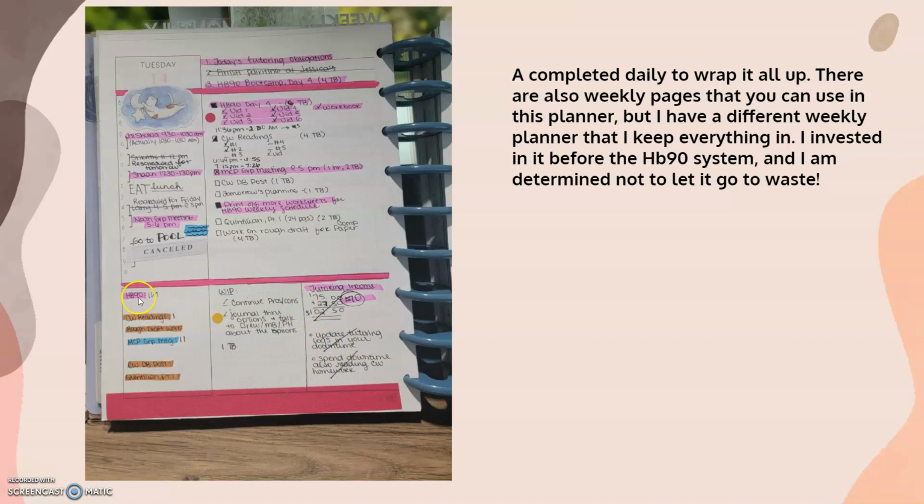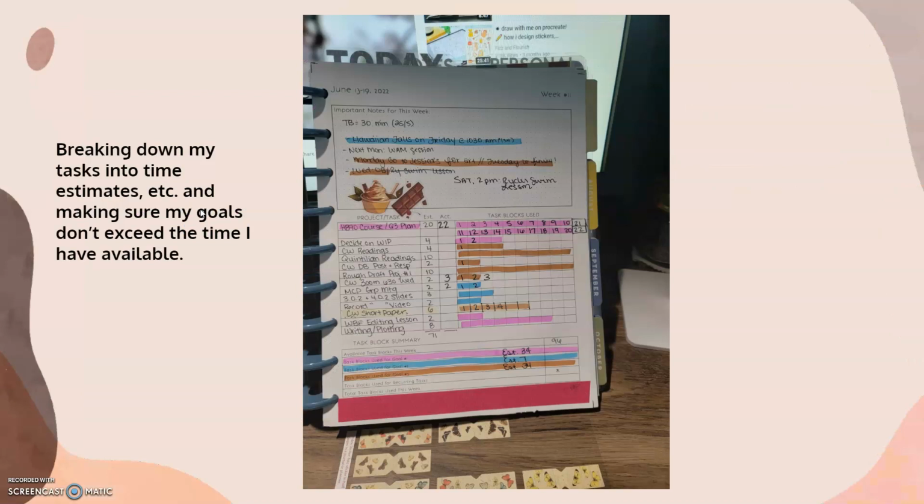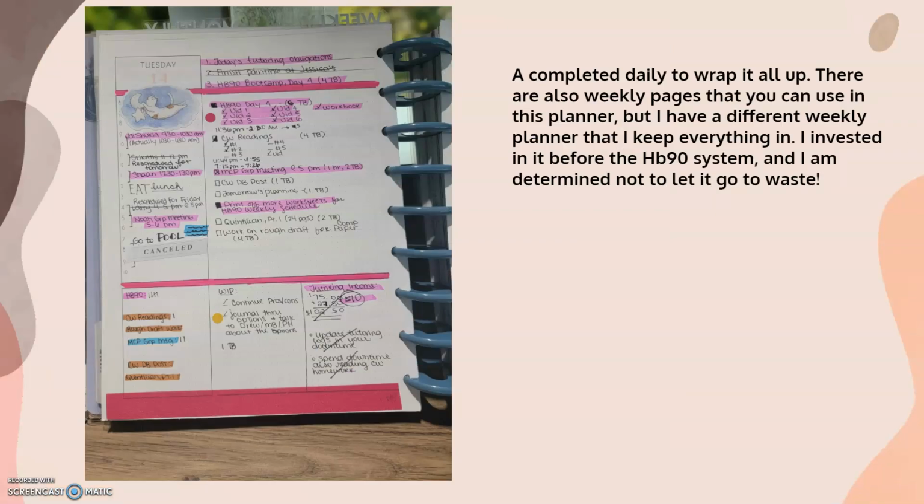So over here on the left, I write down whatever major goals or tasks or projects that are moving me towards my major goals. And I mark down exactly how many task blocks I used. And at the end of the day, I will go back and add them here onto this task blocks used page. Then I will typically use this middle box for tasks that relate to my work in progress. And then finally, this last